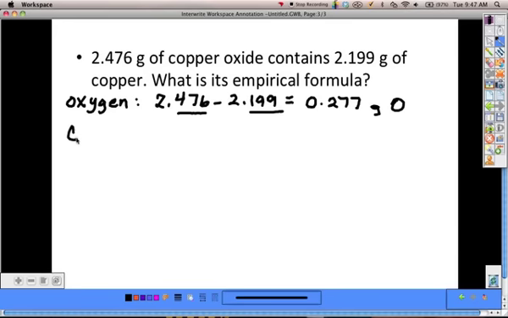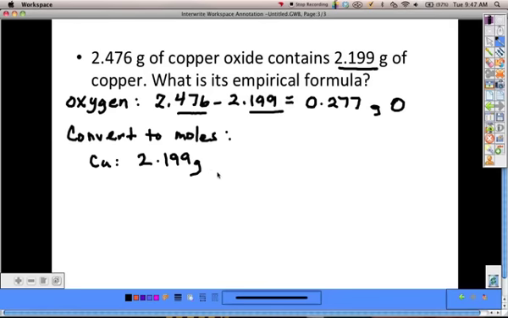So I need to convert to moles, which we did early on in the school year. We're seeing it again here. So I take my grams of copper, we'll do that one first. So I start with my given, and I am going to convert to moles. Where would I get a molar mass? Where would I look to figure out the molar mass of something? Yes, thank you, the periodic table, good. So I look at my periodic table at copper,